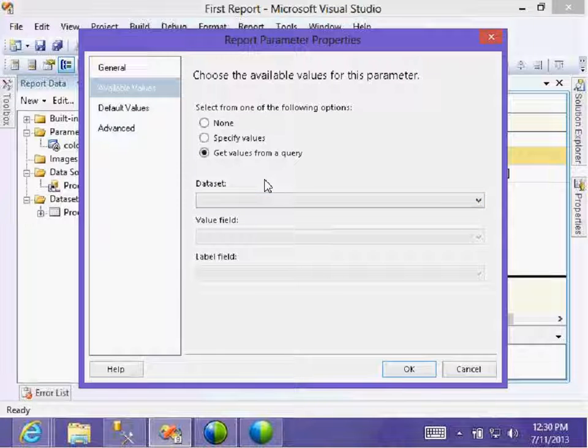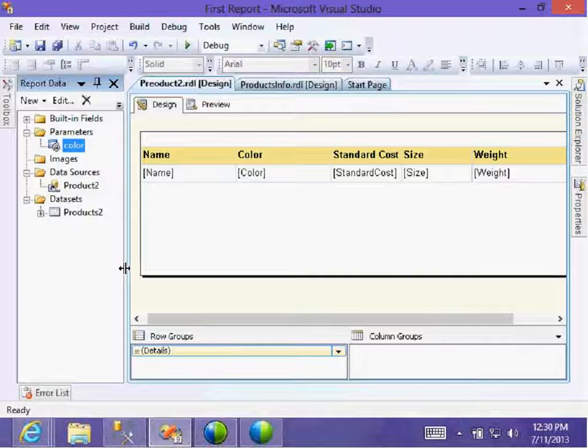Color values are going to the table. I cannot use it for the parameter here. Then what? I need a query.